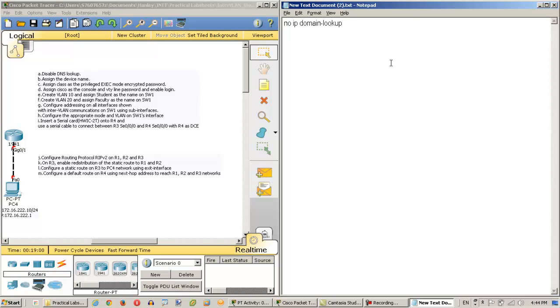Press enter, go to the next line, exclamation mark, followed by device name, which in this case, let's do it for R1 first, hostname R1, enter, exclamation mark. Assign the private executive encrypted password, which is enable secret, in this case class. Then we'll follow on by line console 0, password Cisco, login, then line vty 0 4, password Cisco again,